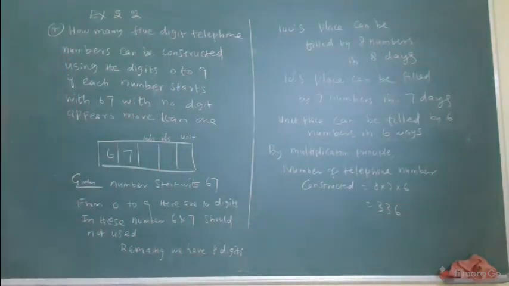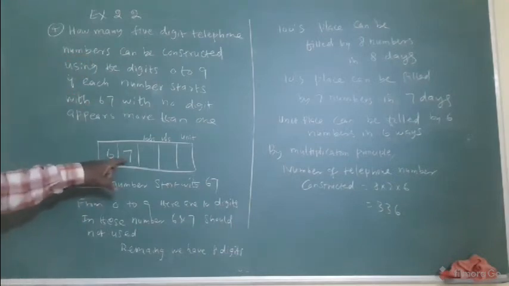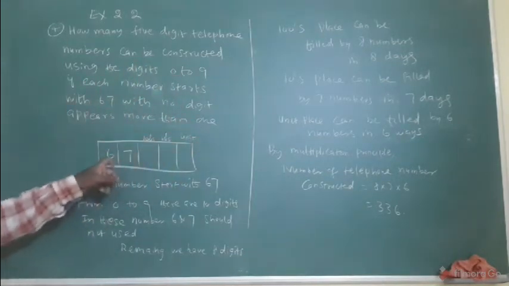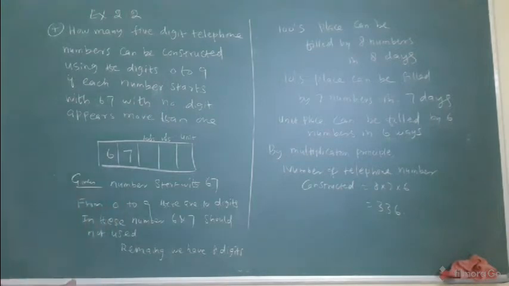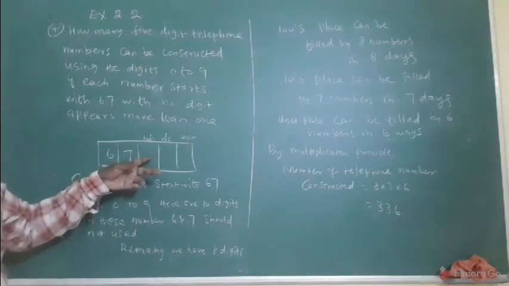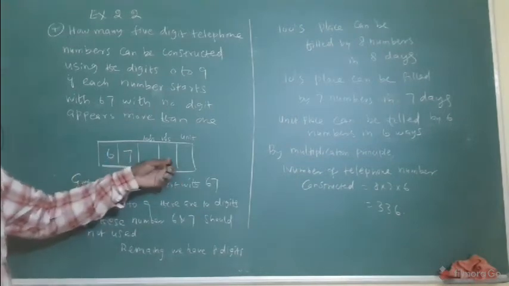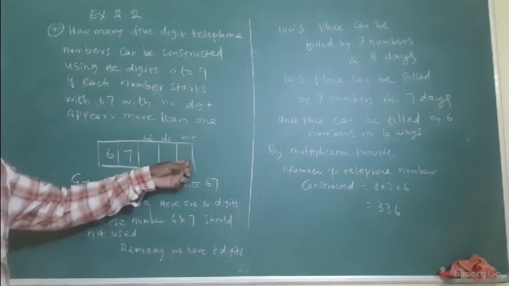Read the question clearly. From the question, you will write the answer. The answer is easy for you, but the question is somewhat tough actually. From the question, you want to guess actually. Start with 6, 7, a 5-digit number. Totally we have 0 to 9 already given. What, 10 numbers are there? Out of 10 numbers, 6, 7 already allotted. Remaining numbers, what? Only 8 numbers. Out of 8 numbers, here you want to put 1 number, the remaining is 7. Out of 7, in 7 ways, here also 1 number substituted, then you get the number 6.